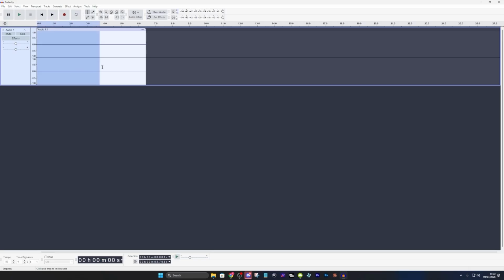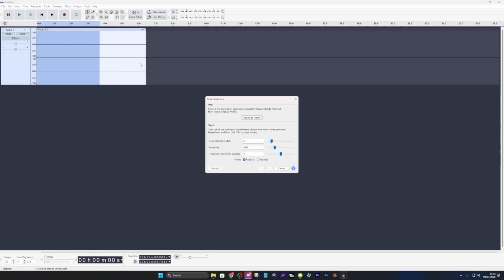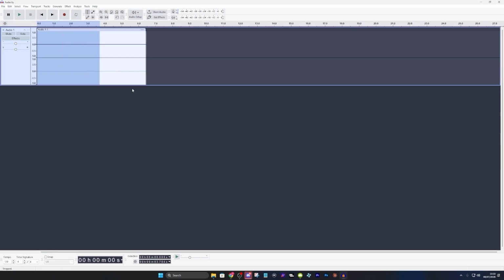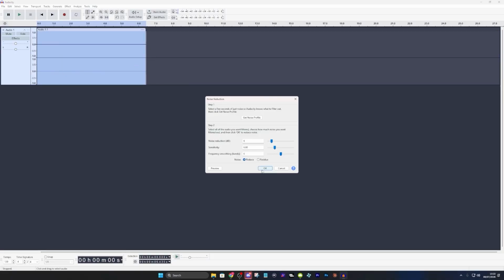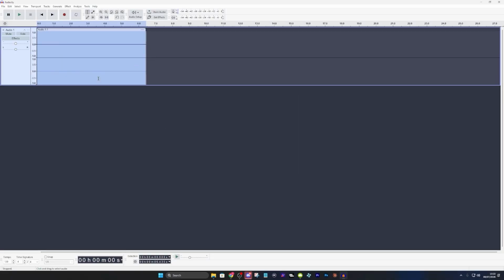to go over to Effect, and then we're going to see Noise Removal and Repair. And then we're going to see Noise Reduction. Now we're going to press Get Noise Profile, and then press Control A to highlight everything, and go back to the same place. So Effect, Noise Removal, Noise Reduction, and then we're going to press OK, and that's going to remove any background